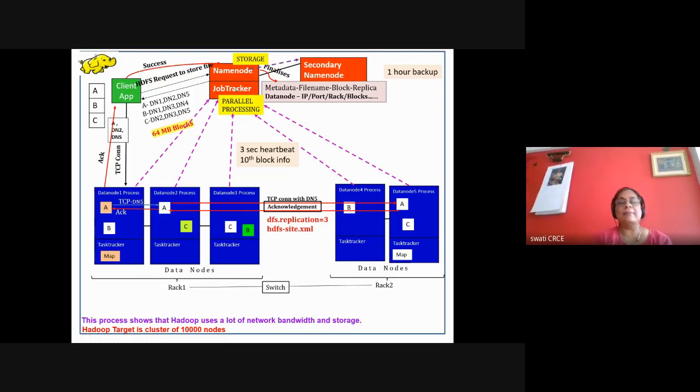I'm talking about MapReduce now slowly. The HDFS part is done. Storage of the file is done. Now I want to do the word count exercise. So I'm going to write a program, and the program has two different tasks.